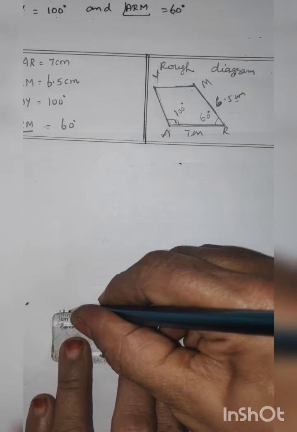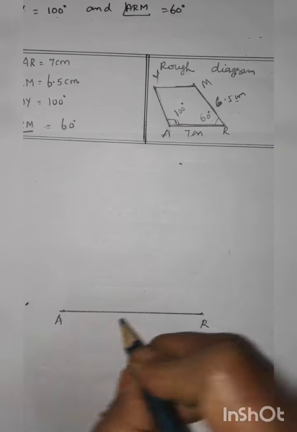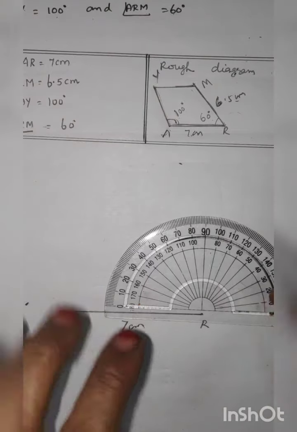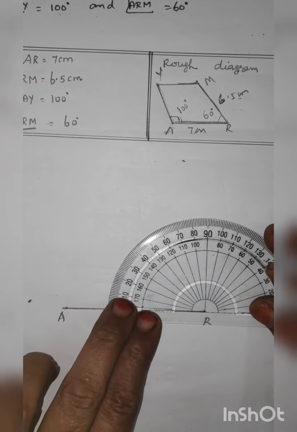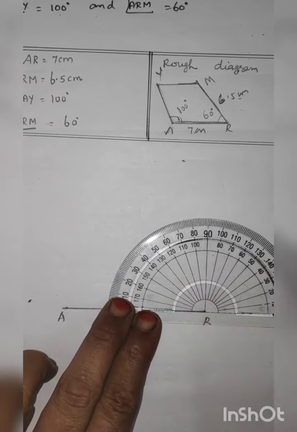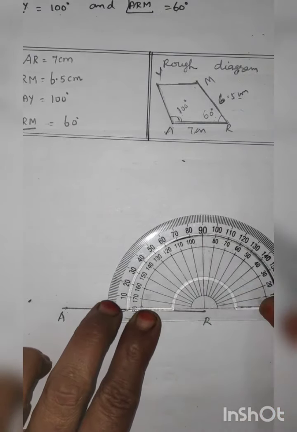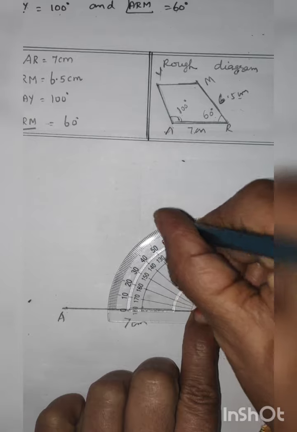These 2 points you join there. So this point is A, this point is R. Here 7 centimeter. Next you use the protractor and measure 60 degree. ARM equal to 60 degree you measure. Keep the protractor correctly at point R and coincide the 0 line there. Now what degree do you want to measure? 60 degree. Right side or left side? Below you want to come small, so left side only, see the number. Now seeing the left side, press tightly at 60 degree and you mark.